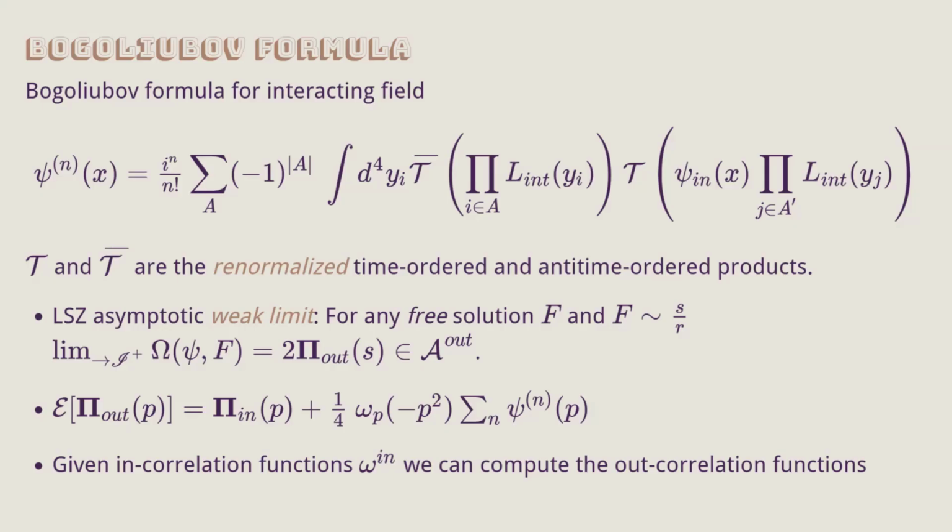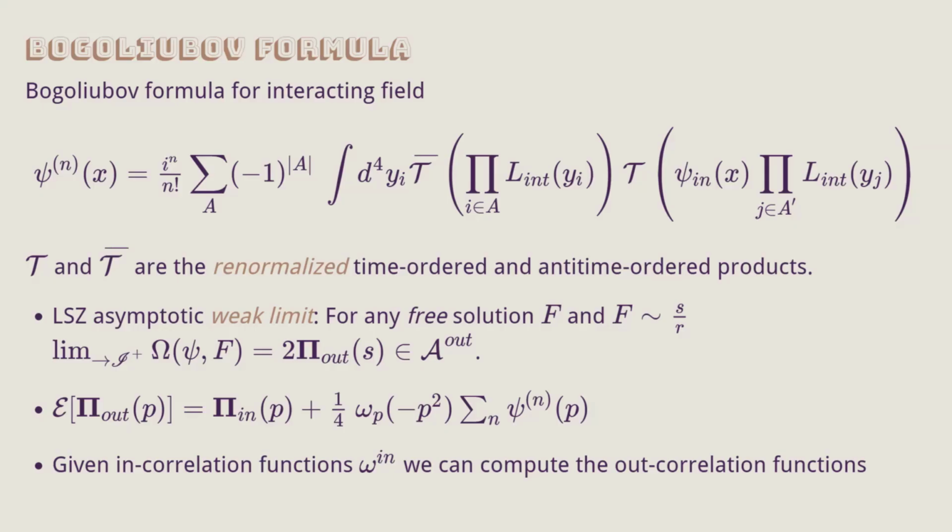Yes, it didn't fit in my slides. I only wrote one integral sign and one measure. But yes, it's integrating over all possible places that you put the interaction Lagrangian in. All places, including J's. This is in the bulk spacetime right now. I haven't gotten to how to get to infinity yet. This is a construction of the interacting field in the bulk. We need to take this to infinity now, and that's what we're going to do next.